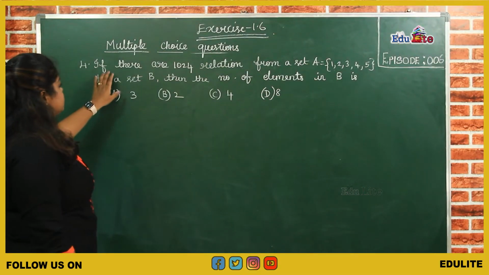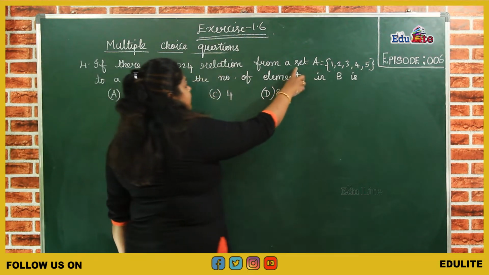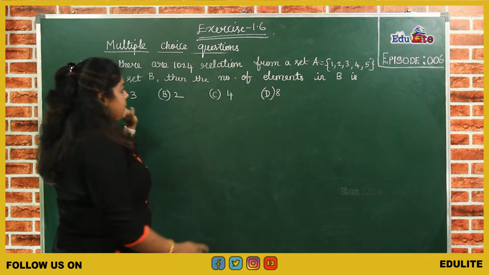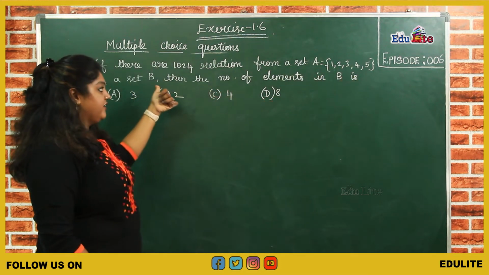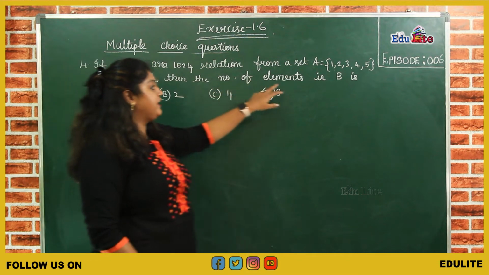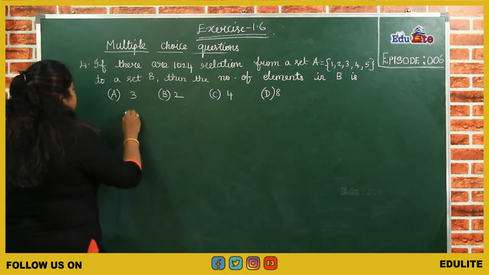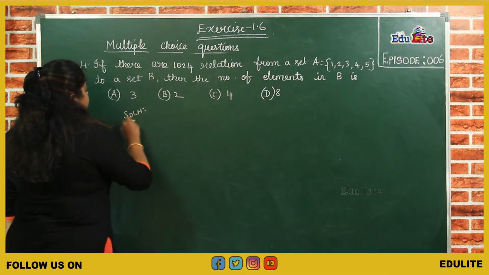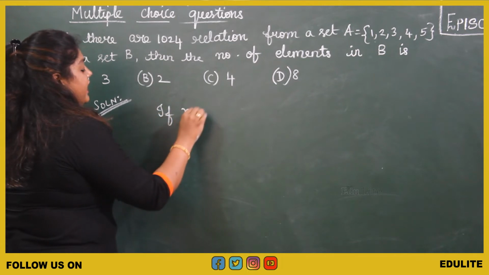Okay, the next question is, if there are 1024 relations from a set A to set B. Set A is given with 5 elements, whereas set B is not given. We have to find the number of elements in set B and we are given with 4 options. For this, we are going to take the definition of a relation, that is, if n of A equals to